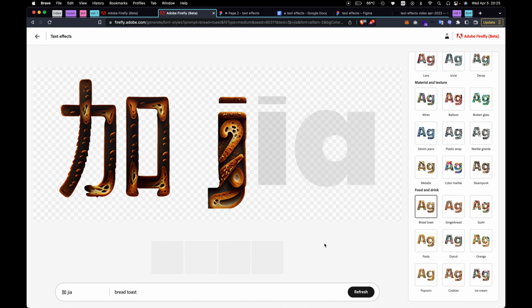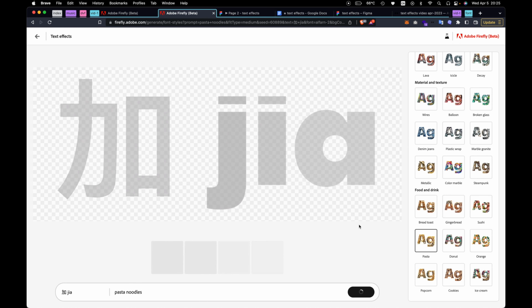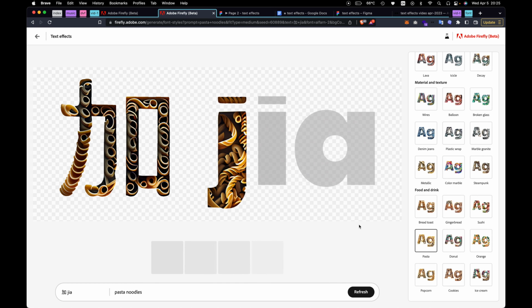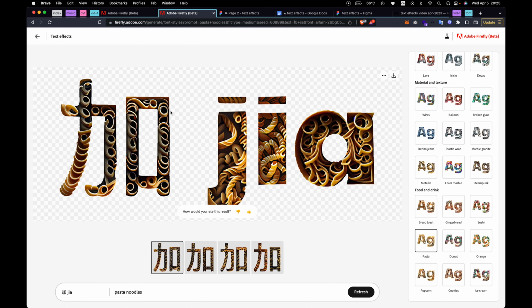I feel like Firefly has the tendency to create a bunch of unnecessary holes and patterns when sometimes you just want a simple texture. Like, I would expect a toast to look like if I cut a piece of bread in the shape of the letter A. And, like, what is this? I don't know. But